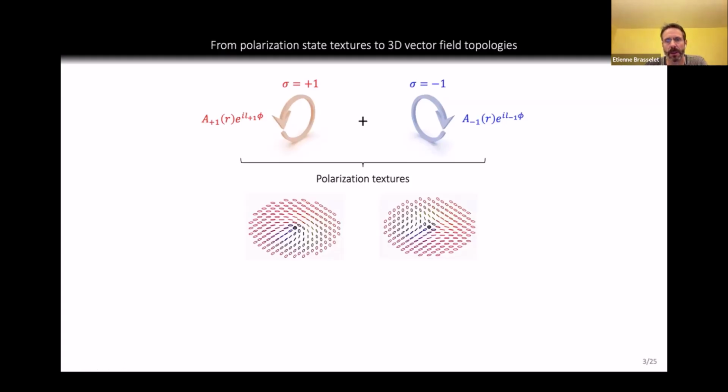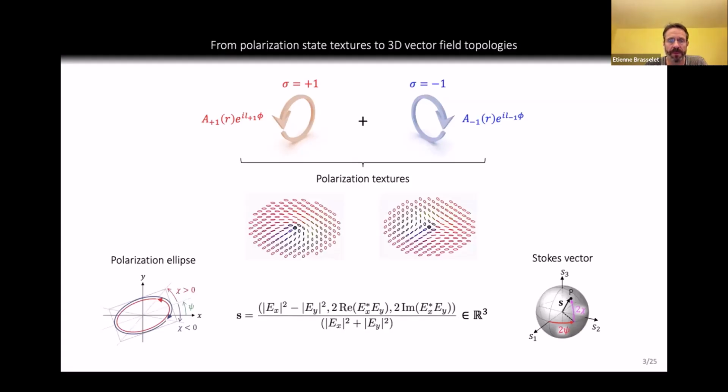These polarization textures can be described locally with the definition of a polarization ellipse, which is an ellipse for fully polarized fields. And every point characterized with a given polarization ellipse can be defined by a 3D vector, the Stokes vector, the well-known vector describing in a bijective manner the polarization state, all options of which are covering fully and uniquely a sphere, the so-called Poincaré sphere of polarization. This means that a given polarization texture, a field of polarization ellipses, can be described by a field of a 3D vector, here, the Stokes vector,